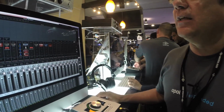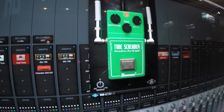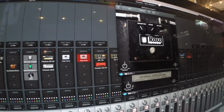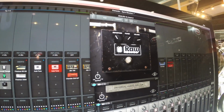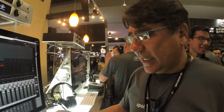The next is the UA Distortion Essentials collection. So this is a collection of stomp boxes, and of course the Ibanez Tube Screamer, the Bermuda Triangle, which is a model of the Big Muff Pi, and of course the Proco Rat, which we're modeling and calling Raw. So these 3 Distortion Essentials plugins are stomp boxes that are Unison enabled, and that allows you to